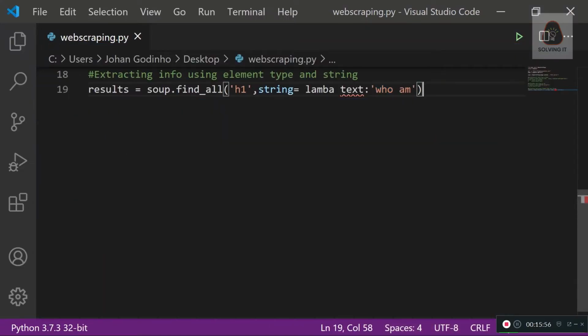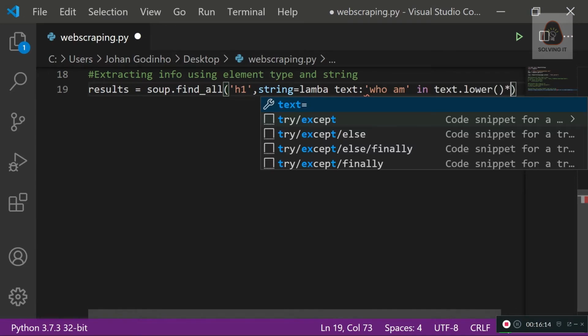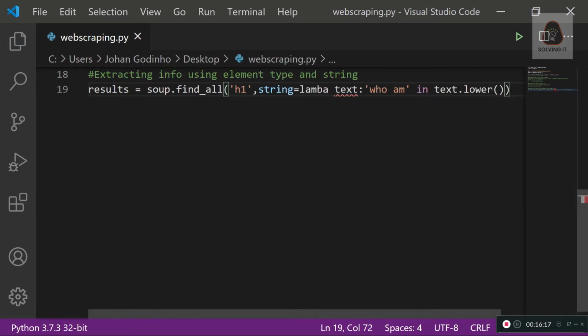So I'm going to be giving it the text of who am, and what's next is that we need to assign a function to it as well. So for this who am text, in the text that is returned by the website, dot lower, so that it's lowercase. So if these two keywords are in the text that's returned in this find all right here, then what we want to do is